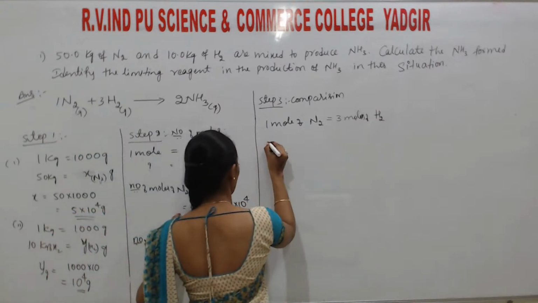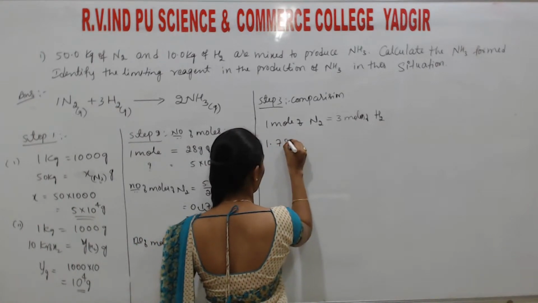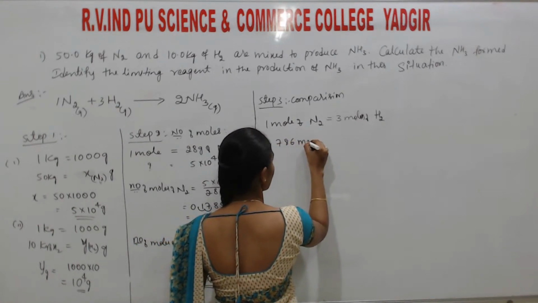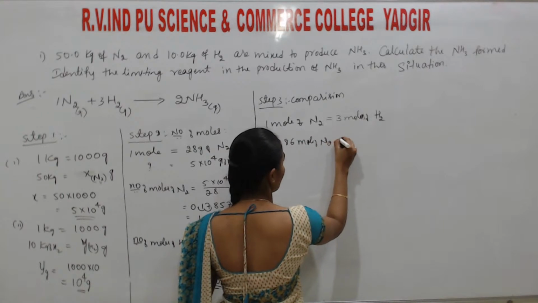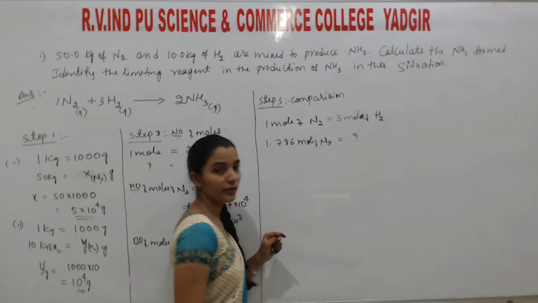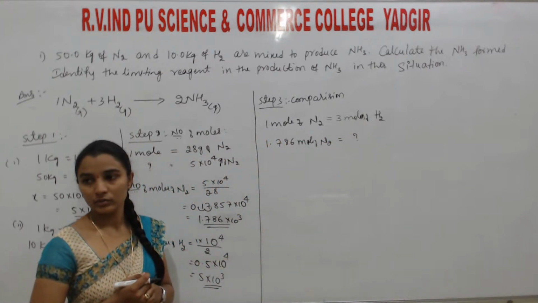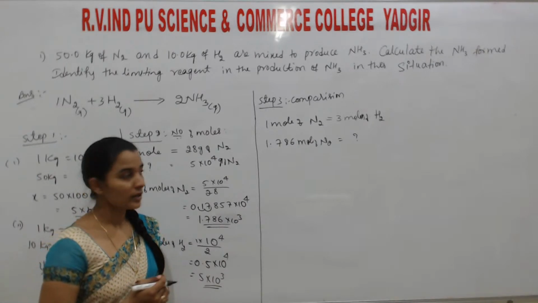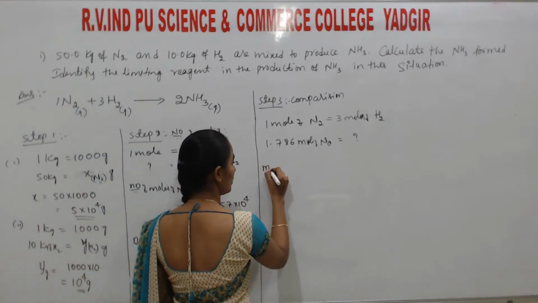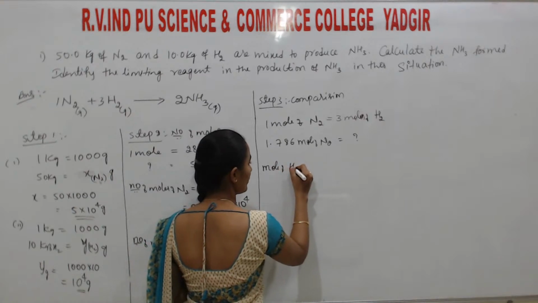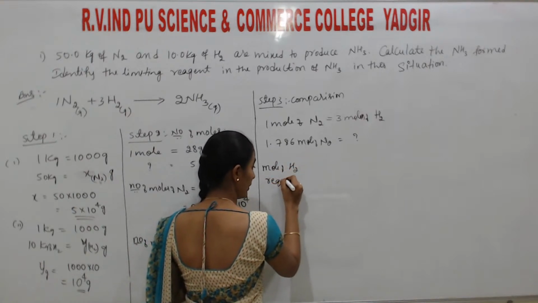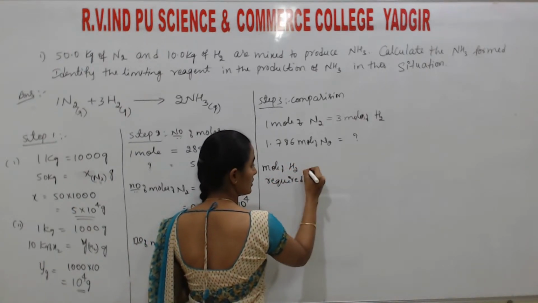How much? 1.786 into 10 power 3 moles of N2 means how many moles of H2 we require. Okay, so if you calculate, moles of H2 required is equal to,